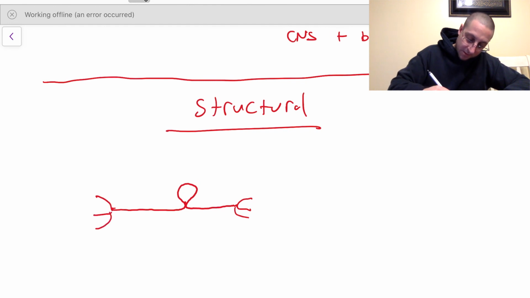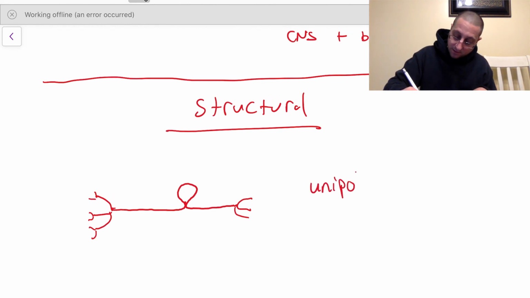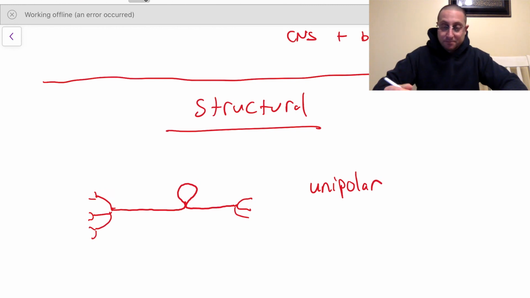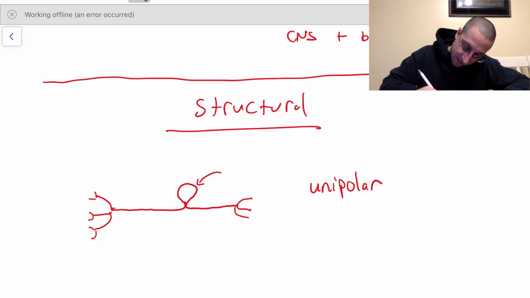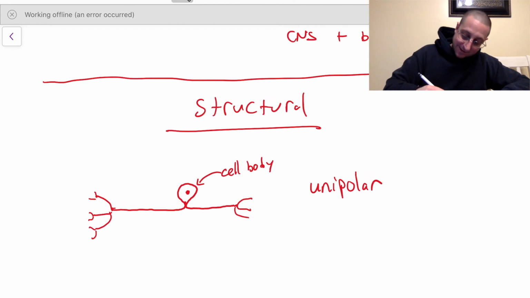This is called a unipolar neuron. So we can label things here. Things should make a little sense to you. Right over here, that's our cell body. We have the nucleus. Looks like a little monster. And it's called a unipolar